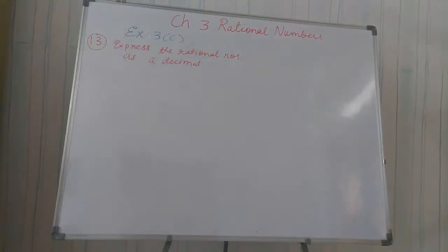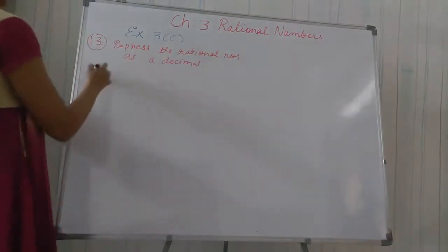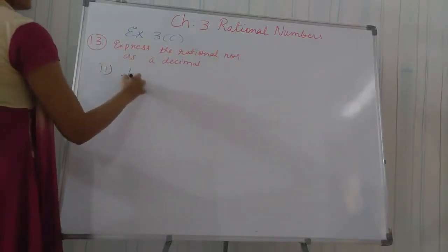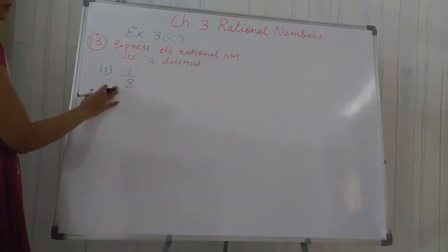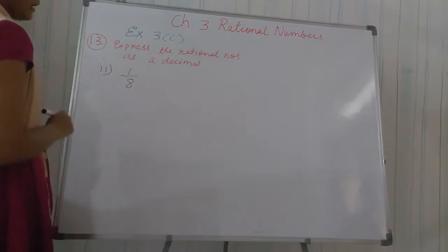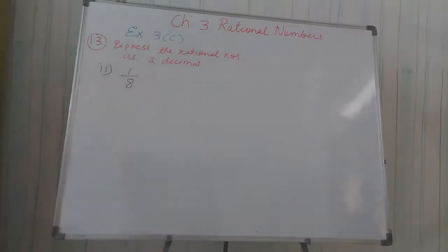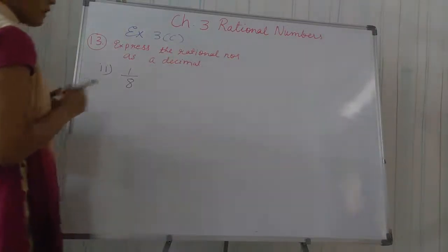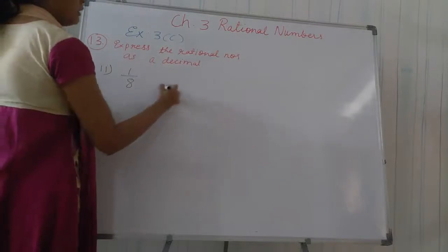So let us solve the last 3 questions, or as you wish, whichever questions you want I can show you. First of all, let us take question number 2, that is 1 by 8. हमको ये नंबर को डेसिमल में शो करना है, तो इसके लिए the first method I will show you, that is easier, and there are 2 methods actually, students. I will show you the method which is given in your textbook. That second method we will learn later.